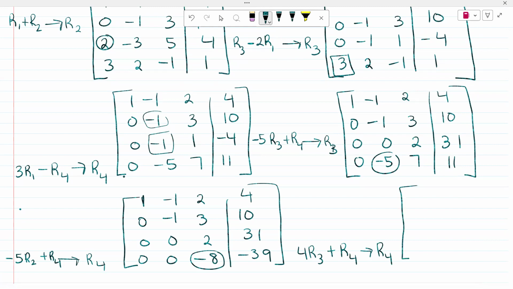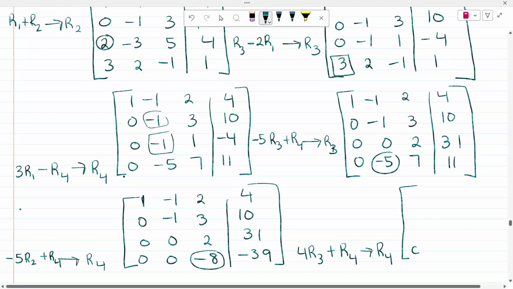So when you do all the work, you get 0, 0, 0, straight line, and then this would be 85. And then this is going to be 0, 0, 2, 31, 0, 8, 1, 3, and